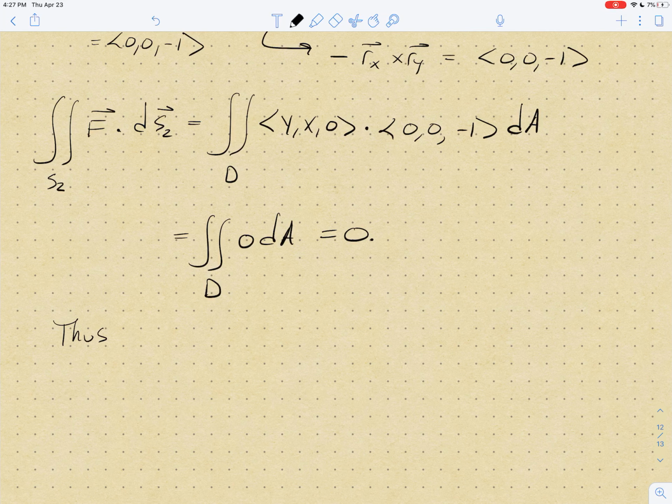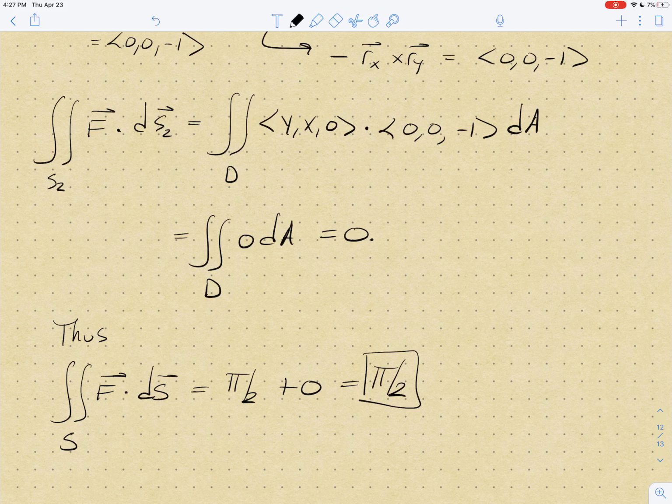And so finally, I can say, thus, the surface integral of f over S is what we got over S1, which was pi halves, plus what we got over S2, which was 0. So the total flux is just pi halves. All right, so we'll end here, and just 2 more sections after this. We're going to learn how we can translate some of these surface integrals of vector fields into other familiar